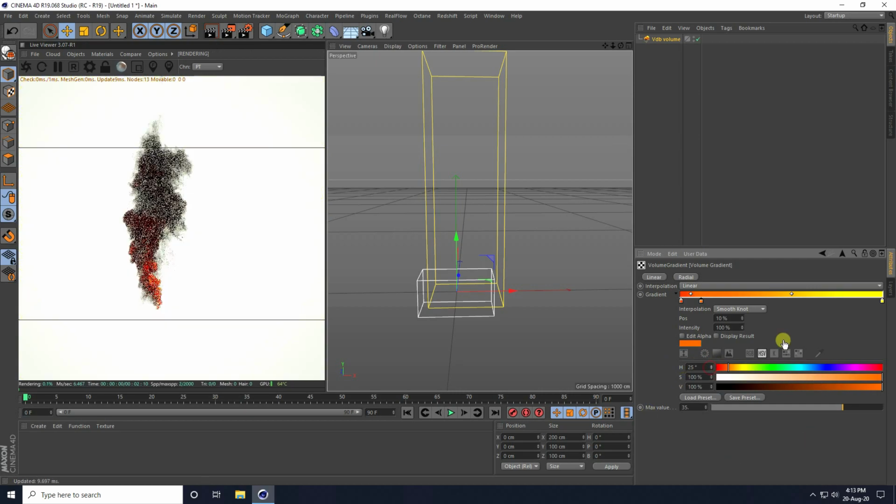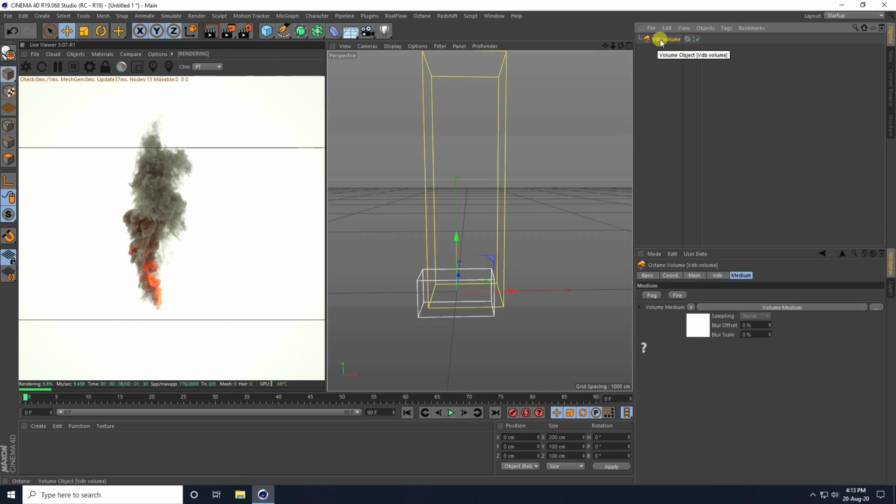Yes, and now guys, one more time, select this third one and this time I apply yellow color. And guys, select this last one, drag and drop on here, like 30 position. And this time I take white color. Yes, see guys, that's my fire color. Okay guys, my fire color is complete.